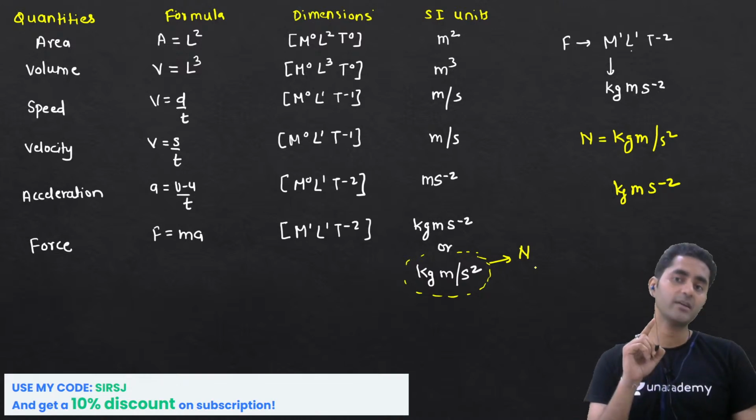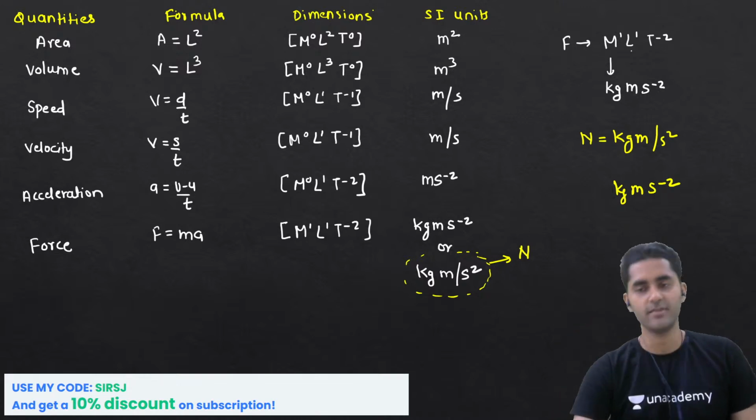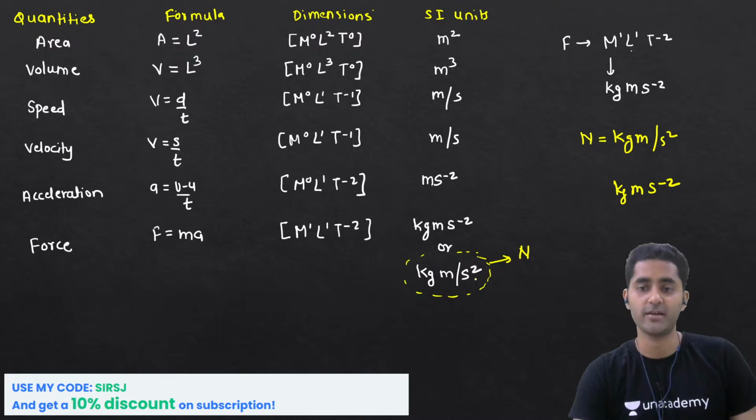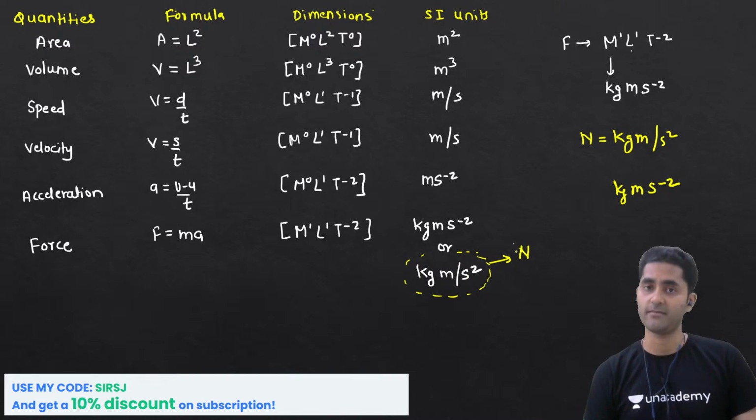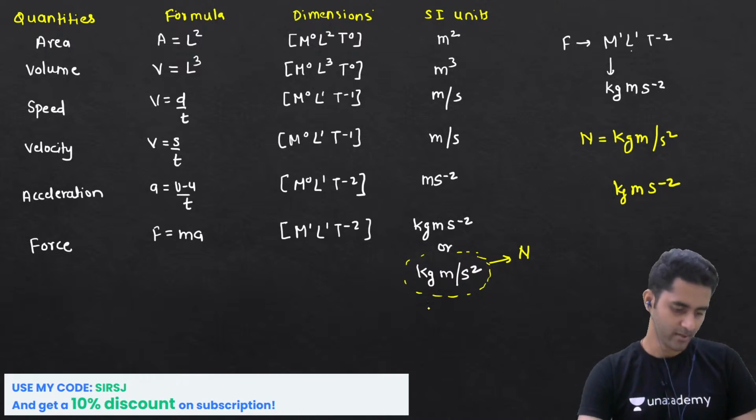That's why we say that the SI unit for force is Newton. But the meaning of Newton is this, kg meter per second square. I hope you are getting it. So this is what your unit Newton means. Newton is not a new unit, I would say. Newton is simply kg meter per second square, right? Okay, now